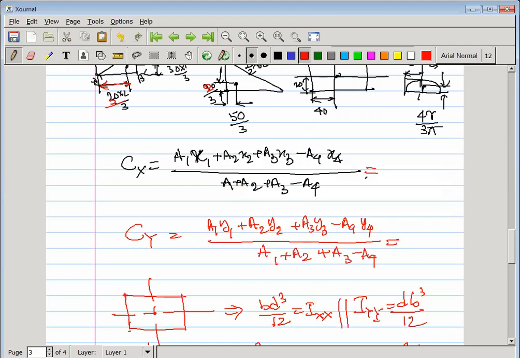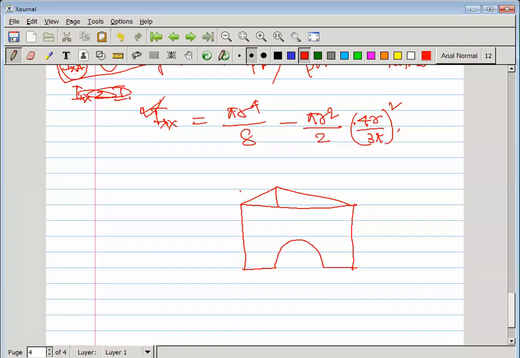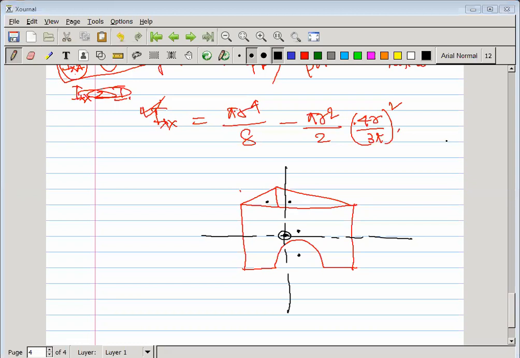This is all the data you know. After calculation, suppose you get the centroidal axis of this composite section, for example this one. So this is now the centroid of this composite section, with coordinates cx, cy. Now you all know the individual centroid of each section. What you have to do? Simple, apply the parallel axis theorem.